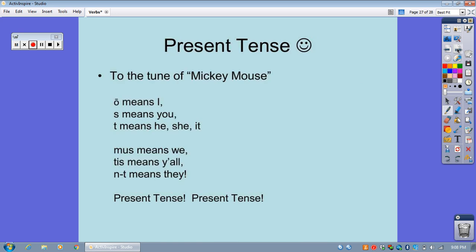So, here's the song. Some of you probably watched Mickey Mouse Clubhouse when you were a kid. They changed the song when you guys were kids, so you know a slightly different song. But the song that I learned growing up was